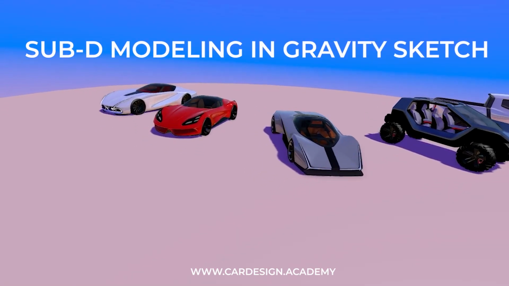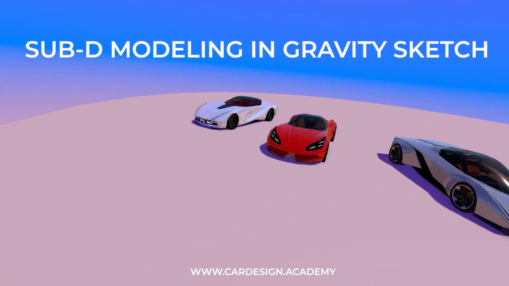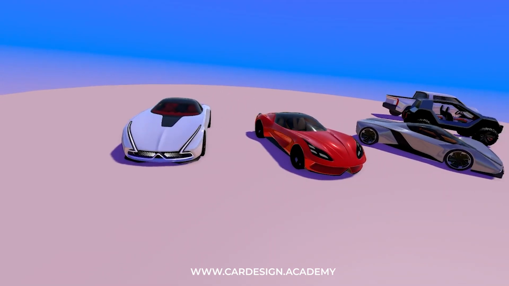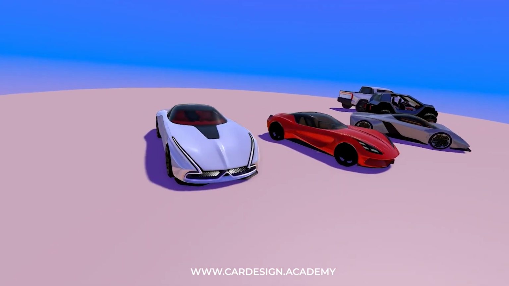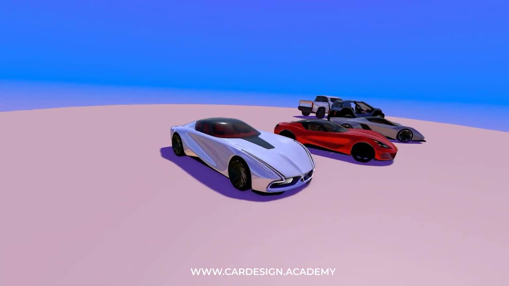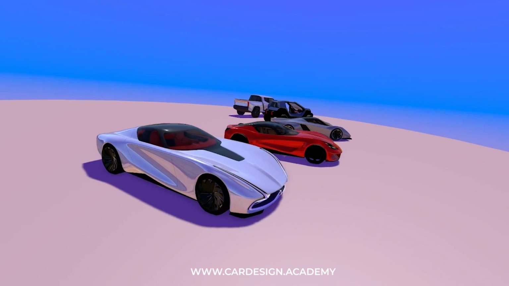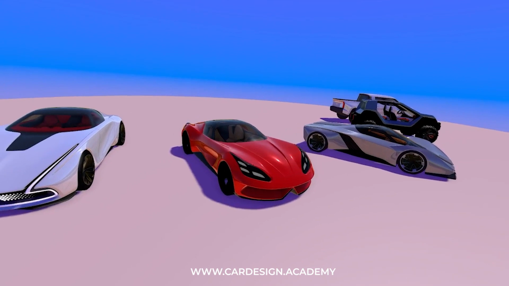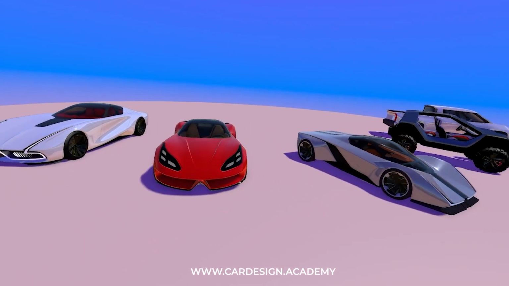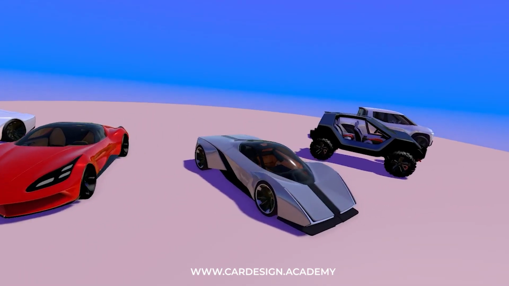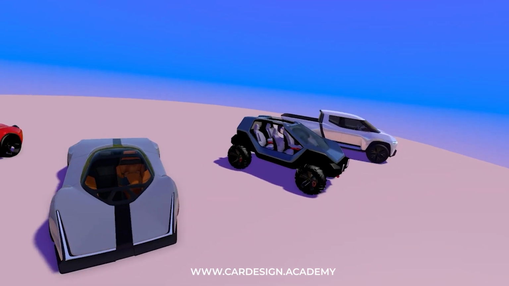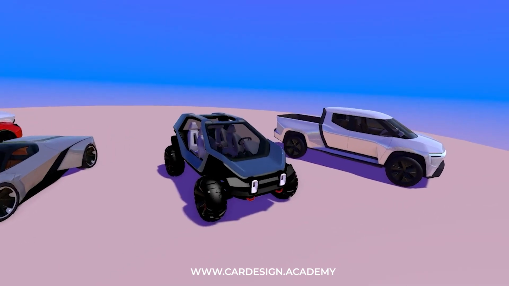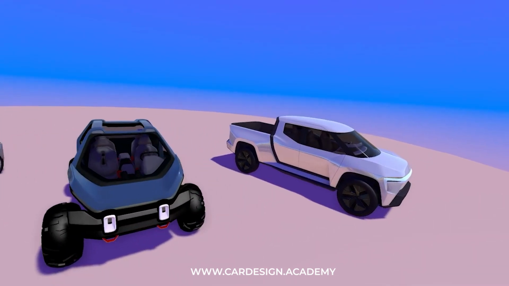Today I'm going to do a quick demonstration on the power of using Gravity Sketch as a sub-D modeling tool. In addition to Gravity Sketch being an excellent creative resource for sketching in virtual reality, real time, it's also an incredibly powerful modeling tool. Anything that you can do in sub-D in, let's say, Alias or Maya or Blender, you can do just as well in Gravity Sketch,